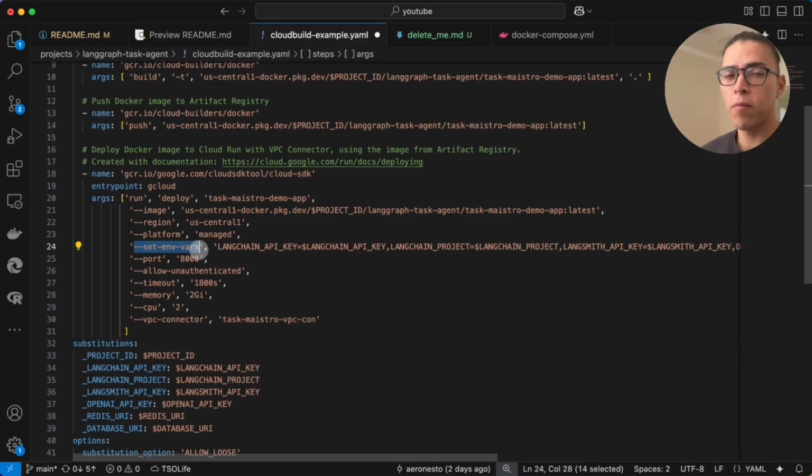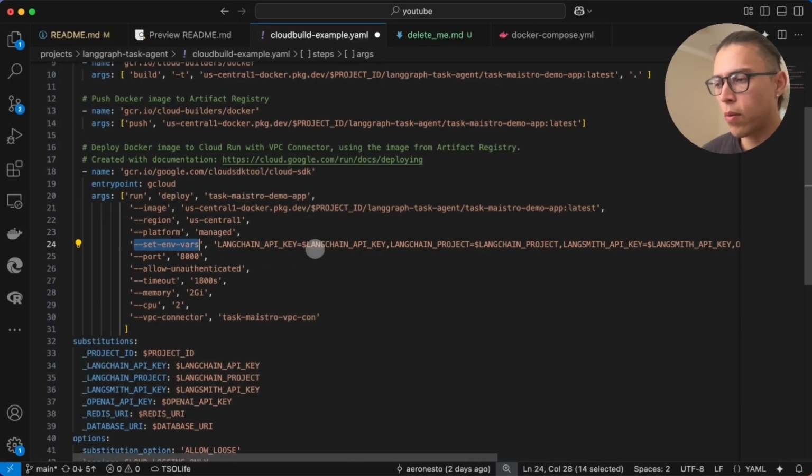I'm passing in the environment variables right here directly in this cloud build file, but you wouldn't want to do that in production. I'm just doing this for demonstration purposes, but the way you do it in Google Cloud Console is you create secrets and you manage those secrets within the Google Cloud Platform, and then you make it so that they're only accessible by your project. There's a lot of settings that you would have to configure in order to make it as secure as possible,